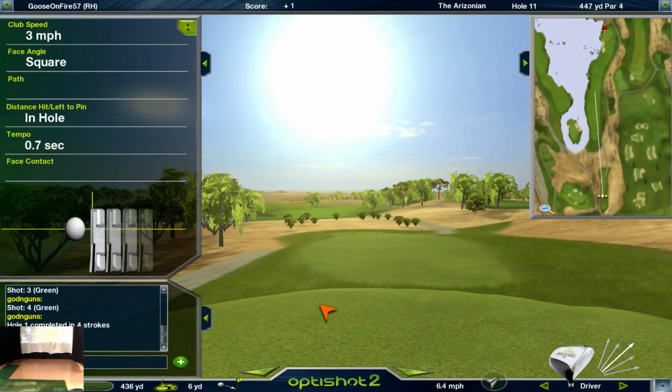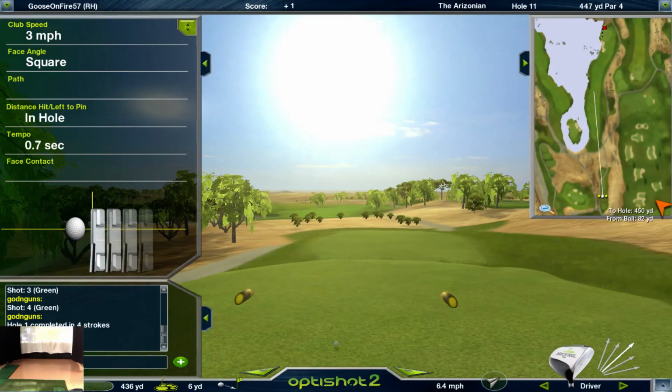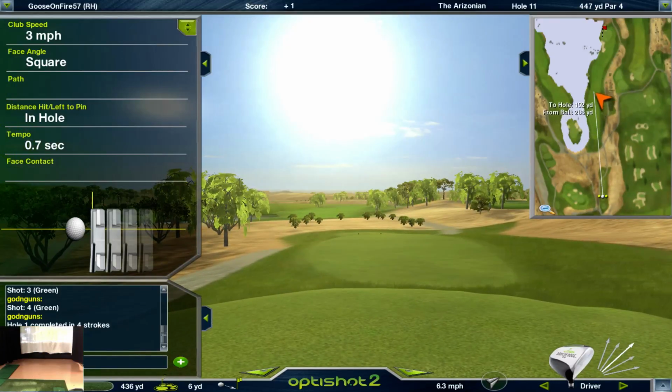So I've got a 436 par 4 on the scorecard. 447 down here to the pin. I'm playing 436, 6 yards down. So it's quite reachable for me, especially with the wind pushing a little bit left to right. Notice the water. We got a lot of water here. So it's pretty brutal, but it's going to be hard for me